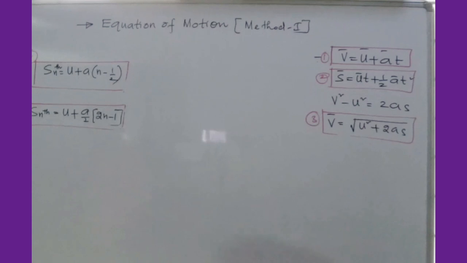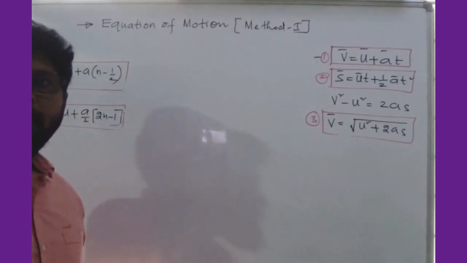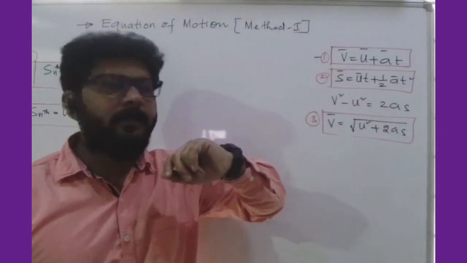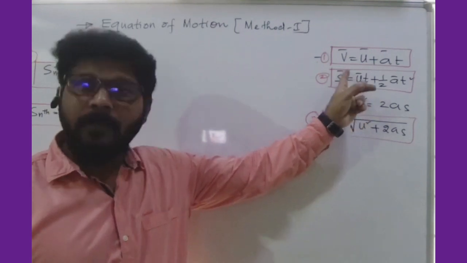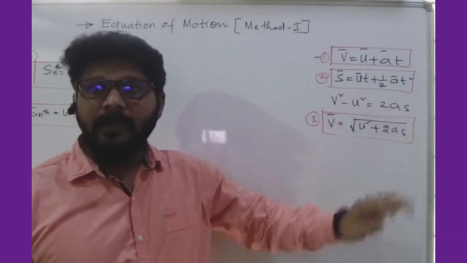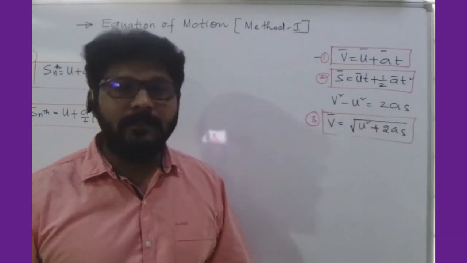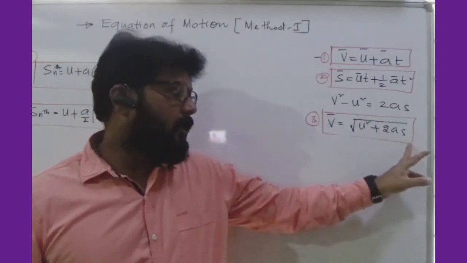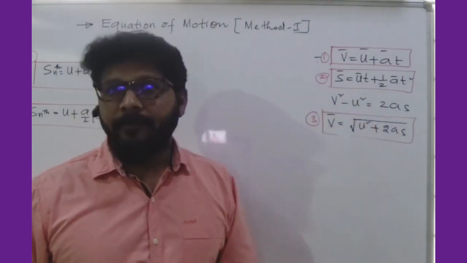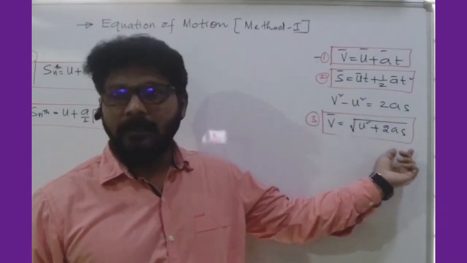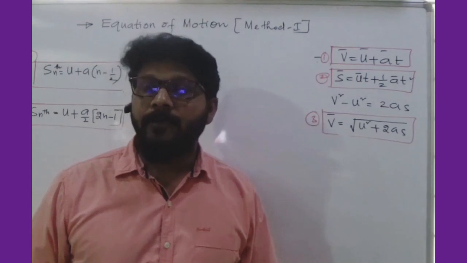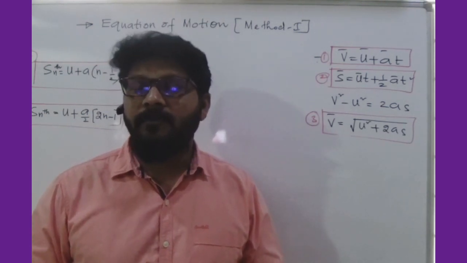Okay. Now 4 kinematic equations were just derived. First one is V is equal to U plus AT. V is nothing but velocity after t seconds. Next, S is equal to ut plus half at square, displacement after t seconds. And velocity in terms of U, A and S: when we don't know time, we can go for velocity after a certain distance or displacement. These are all equations of motion under uniform acceleration.